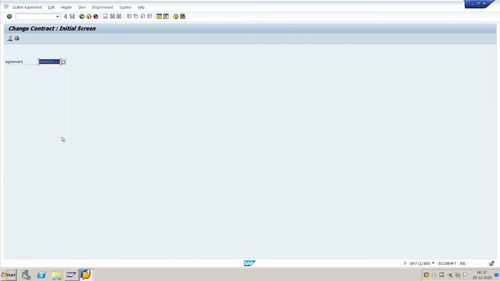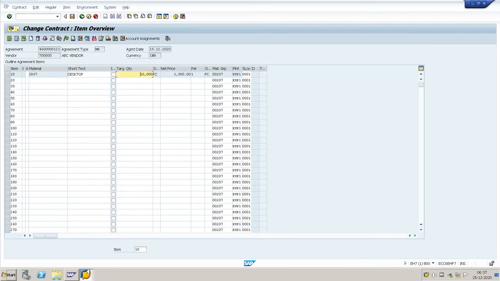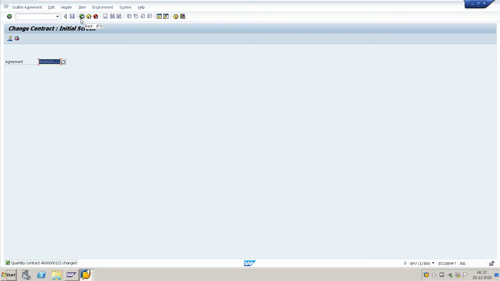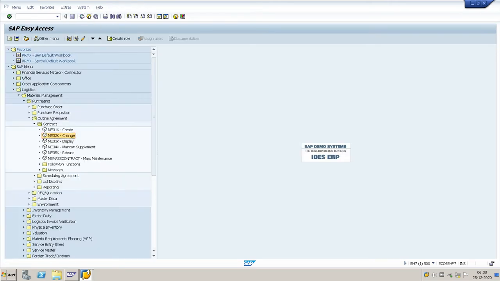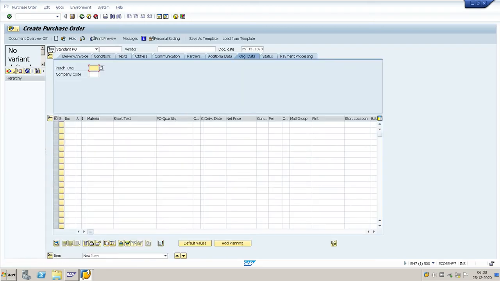ME32K is for changing the contract. Give the contract number, and we can edit the quantity here. The contract will change. Now we go to ME21N, creation of a purchase order using the contract.